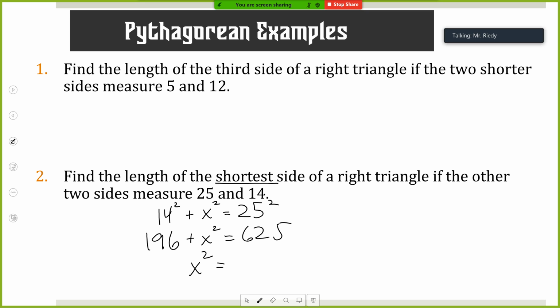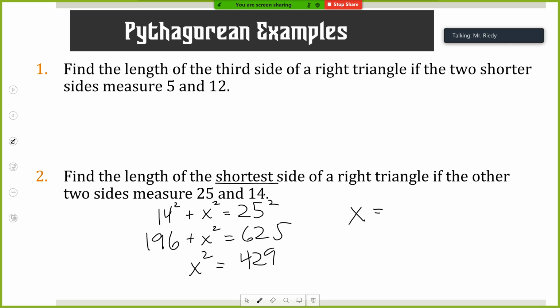So x squared is equal to 429. Is that right? Is the square root of 429 a nice answer? Anybody? Is that a perfect square? Square root of 429? No. No. Okay, so if you take the square root of that, though, you will get